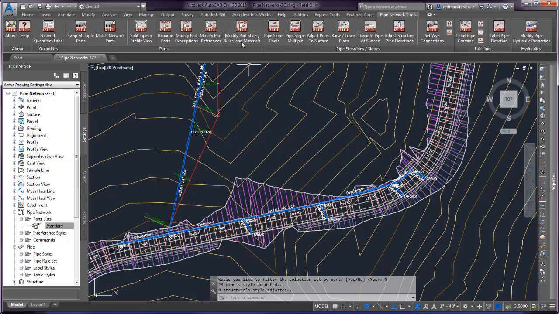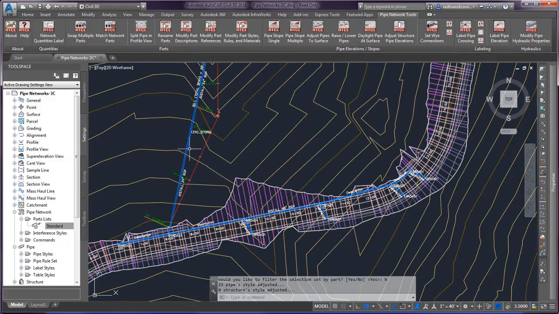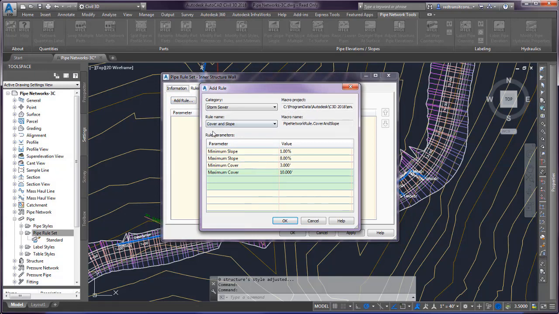I will say the rules side of it is very helpful as well. Oftentimes I want to set up a rule, and we'll go ahead and do that right now. We'll set up a rule. Let's go pipe rules. Let's make a new rule, and we'll call this inner structure wall. And we'll go to rules, add our rule,